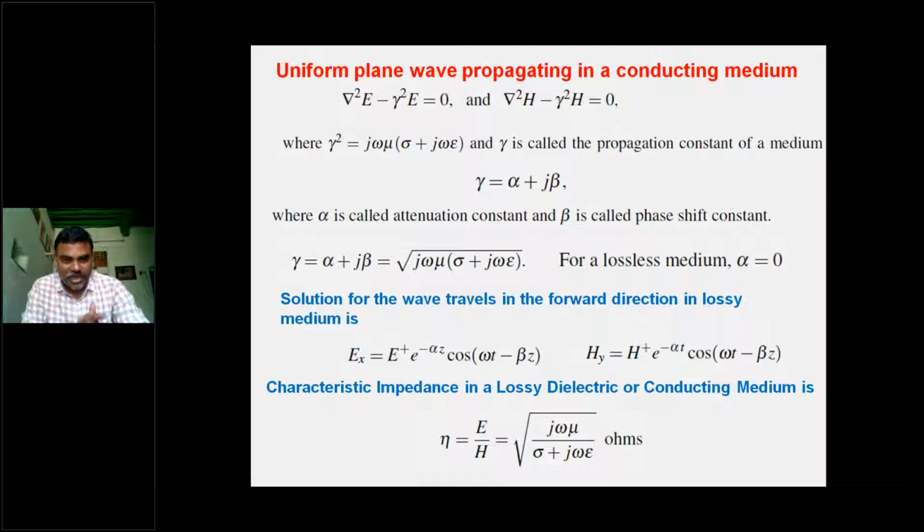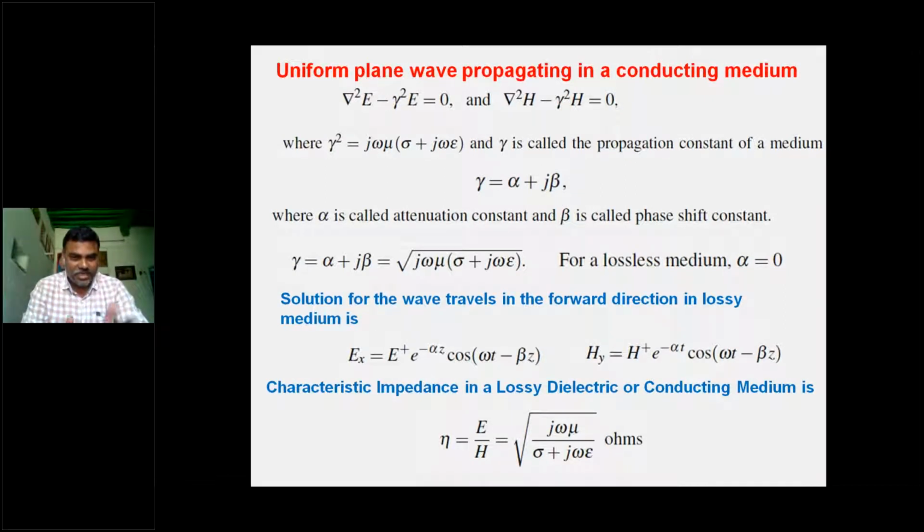That means whatever the electric field or magnetic field, as it travels along the z direction, the corresponding amplitude will decay exponentially. And because of that, we have some measurement of how the electric field amplitude is decreasing, how fast it is decreasing, and how fast the EM wave is penetrating into the medium. That is one more parameter, which is called skin depth. We will discuss it. And here is the characteristic impedance for the conducting media.